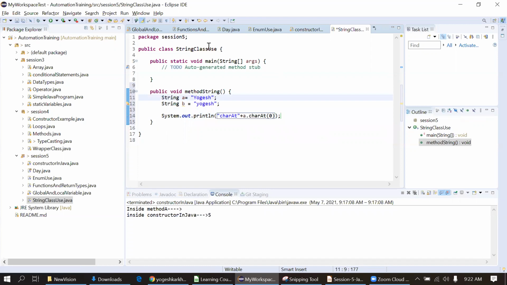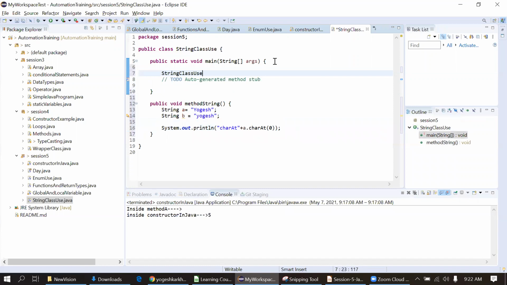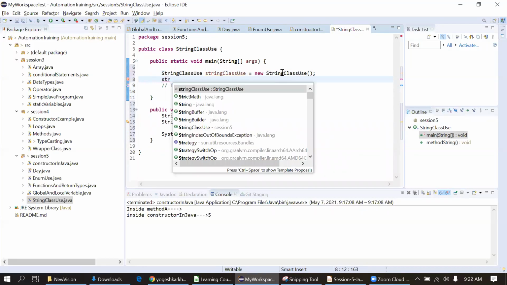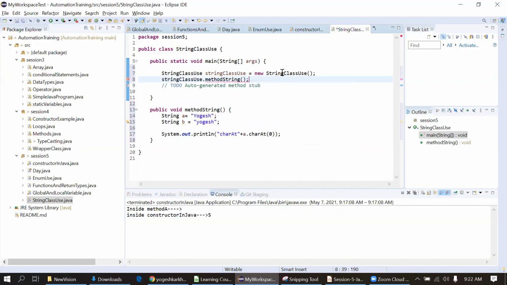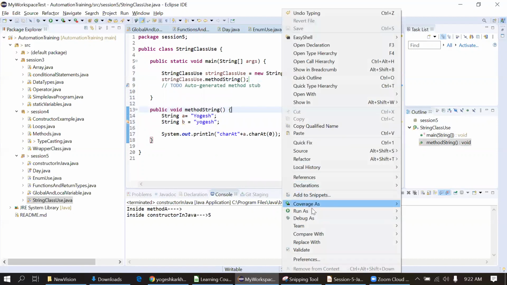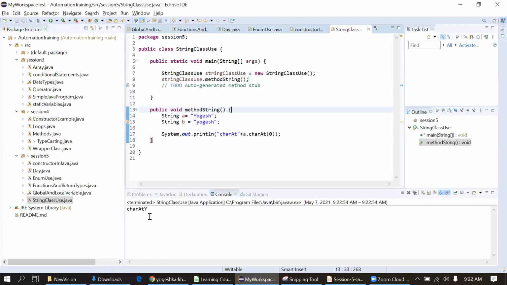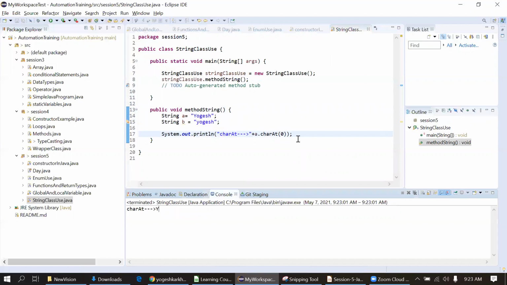I have to create the object first in the main method, then only can we access this method. Now I'll execute this. Now you can see the character is Y. This is one method.